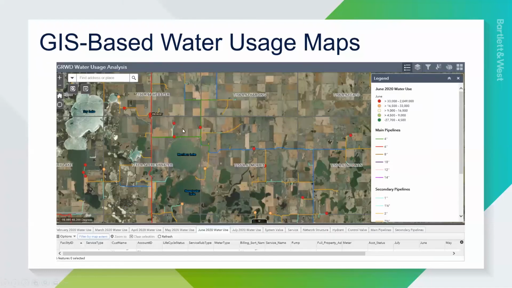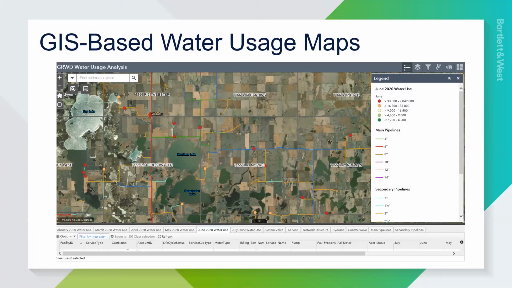Okay, and so then this is a kind of a blow up, and I want to talk a lot about this slide now. So let's start with the GIS platform, because this shows a number of things here. At the bottom, you will see the tabular data. We pulled in 6 months of data from February through July of 2020,